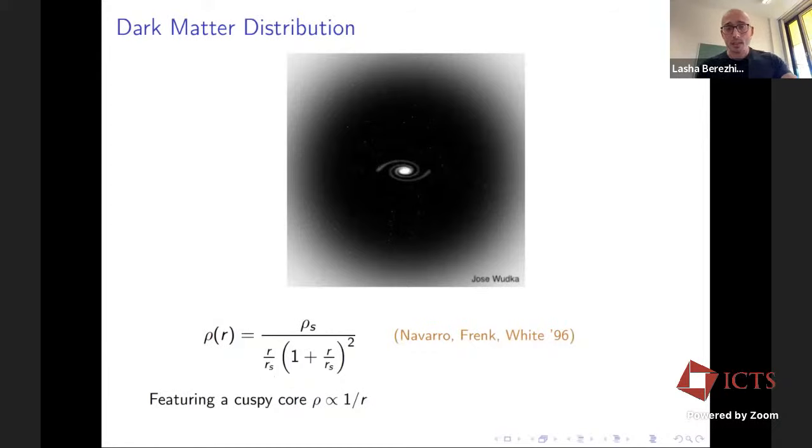And what is interesting, and of course, the galaxy is visible, the disk is hosted within these halos, right? As we all know. And what is interesting about this density profile is that it has a so-called cuspy core. So the density profile near the center goes as 1/r. It is argued that this is not what observations seem to indicate. And there are few puzzles associated with this.